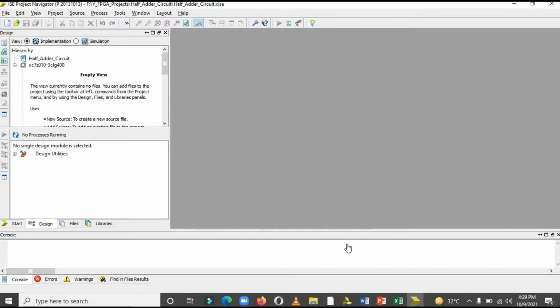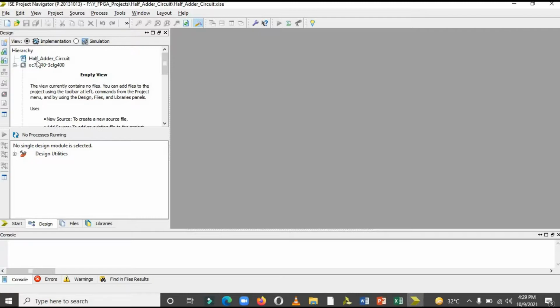The second is the test bench file to verify our logic or our code through simulation. And the third is the UCF file, or user constraint file. We require this UCF file in order to implement the project on the FPGA board on the hardware side.